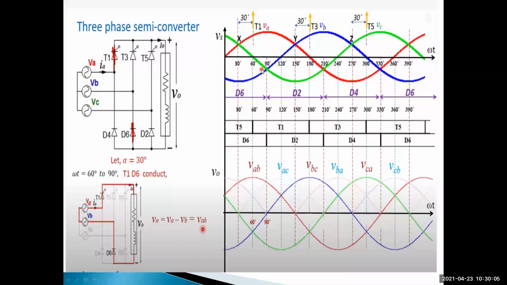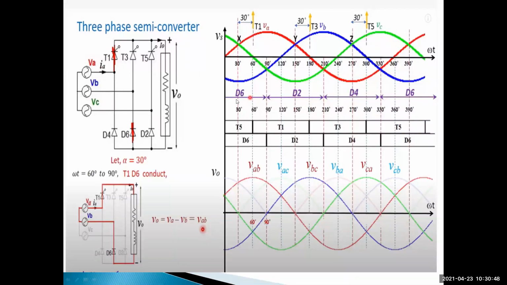What is the output voltage? We have to observe. First, consider D4, D6, D2. These are the common anode configuration. Here the cathode of D4 is connected to the A phase, the cathode of D6 is connected to the B phase, and the cathode of D2 is connected to the C phase. That means if the phase voltage is more negative, only then the diode is turned on. If VA is negative, D4 is turned on. If VB is negative, D6 is turned on. If VC is negative, D2 is turned on. D4, D6, D2 are forward biased when VA, VB, VC are negative.